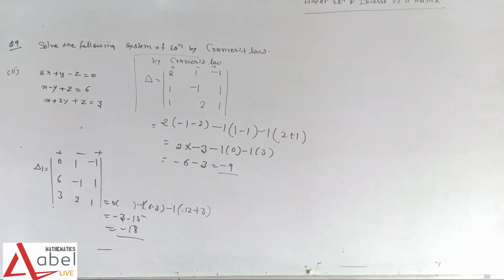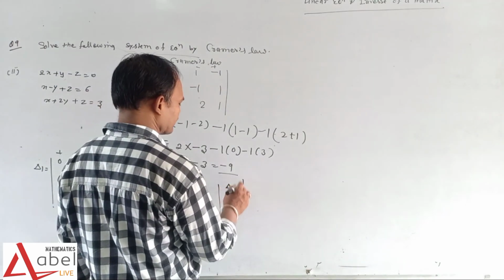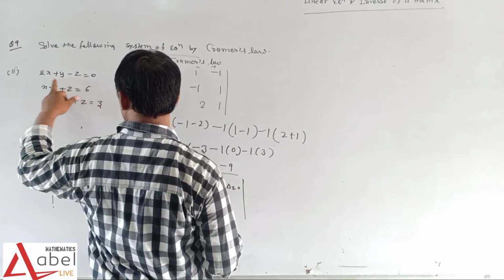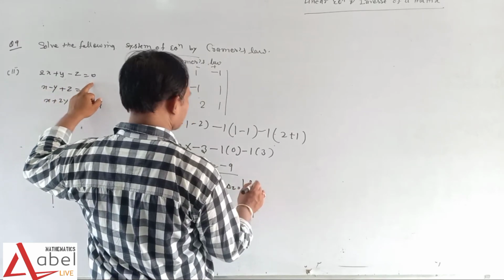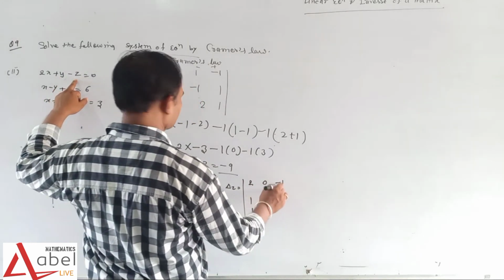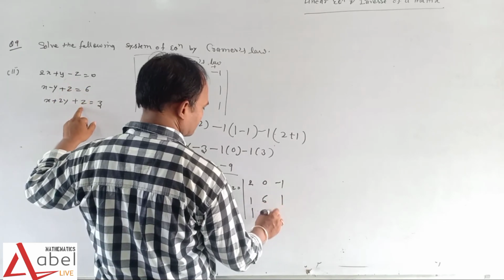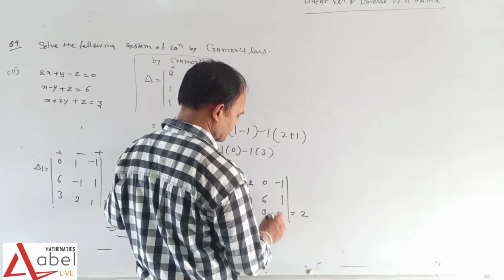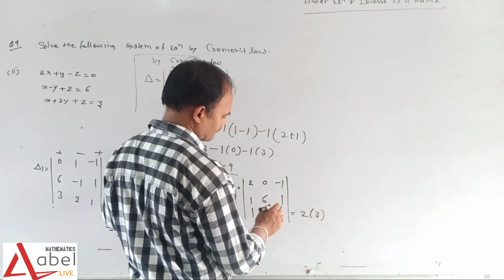Okay, now we are going to solve delta 2, now we are going to solve delta 3. So what is the delta 2? Delta 2 is 2 1 1, 2 1 1, it is 0 6 and 3, it is minus 1, it is 1 and minus 1, 1 and 1. So it is here, it is 2 and it is 6 minus 3, so it is a 3.